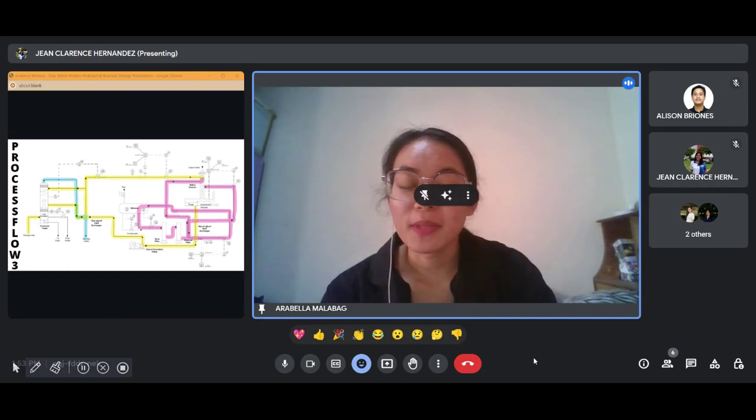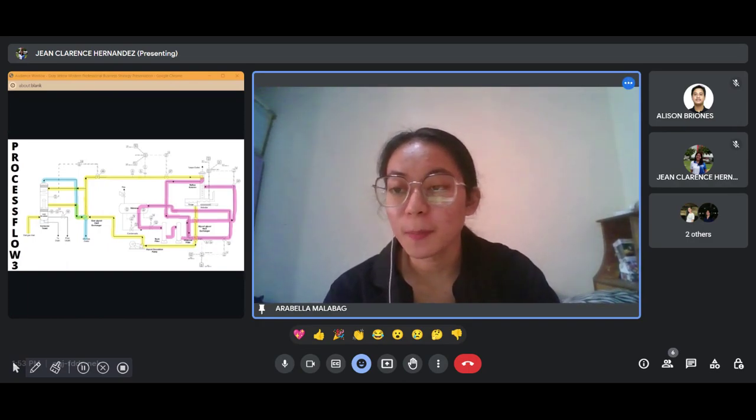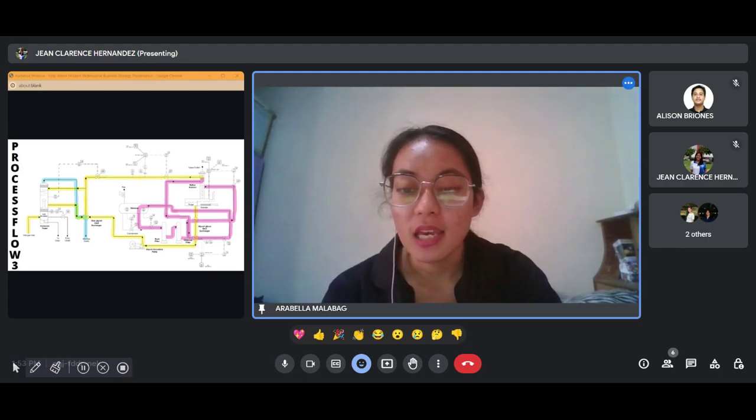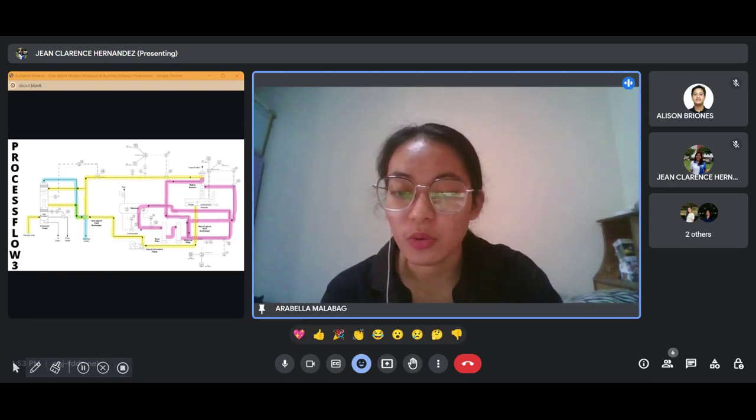I am Arabella Malabag and I will be presenting process flow 3. The third possible flow of the glycol dehydration process is after the rich glycol comes back to the contactor tower from the first and second flow. The glycol will absorb the water from the incoming wet gas